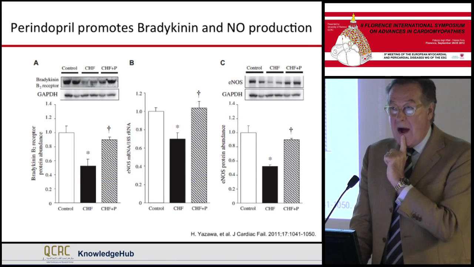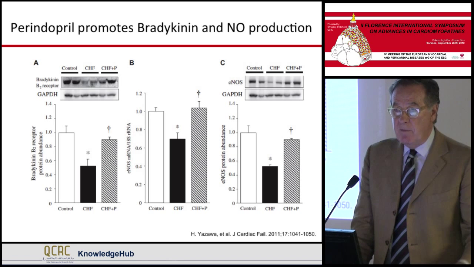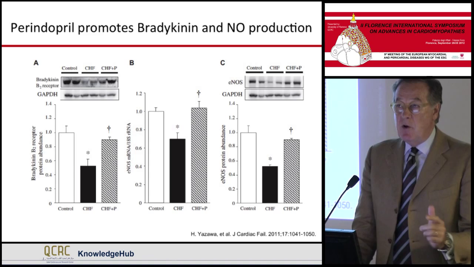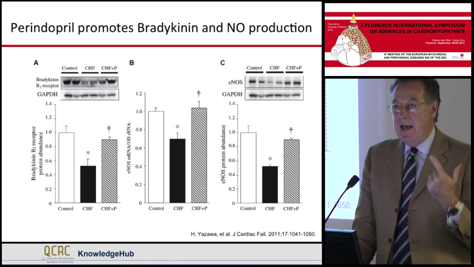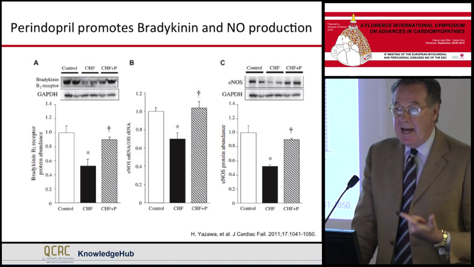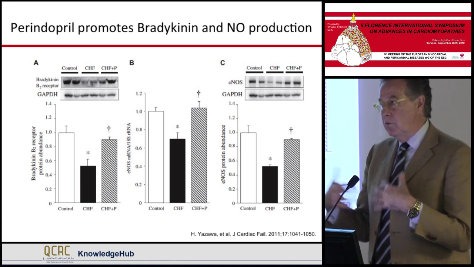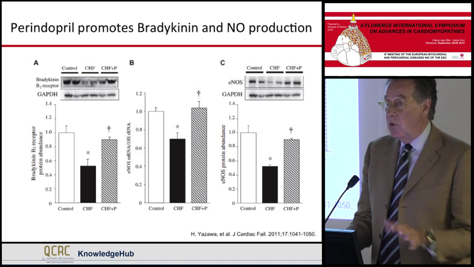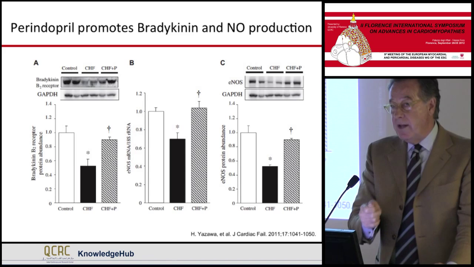One explanation of why ACE inhibitors could lead to reverse remodeling is that they promote the concentration of NO as well as the concentration of bradykinin. So it is important not to confuse all drugs. For instance, I'm not sure whether other drugs that block the renin-angiotensin system will lead to the same result,